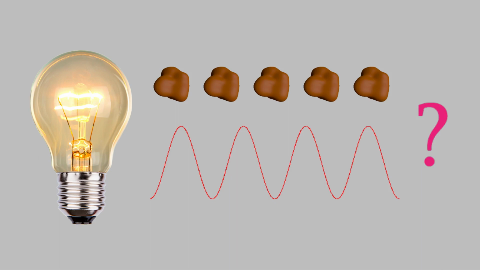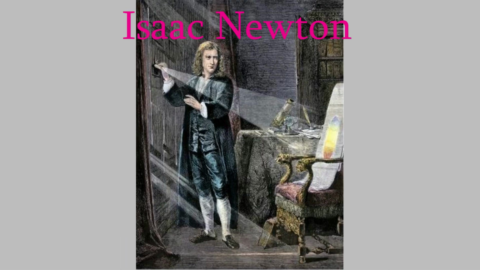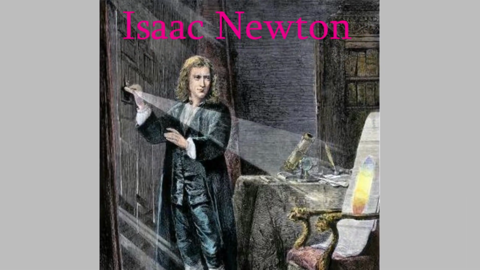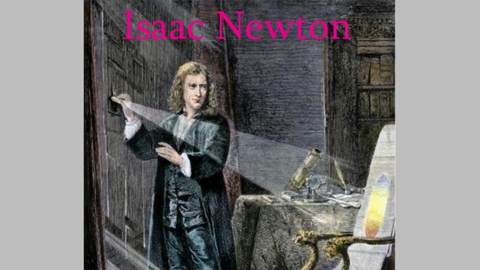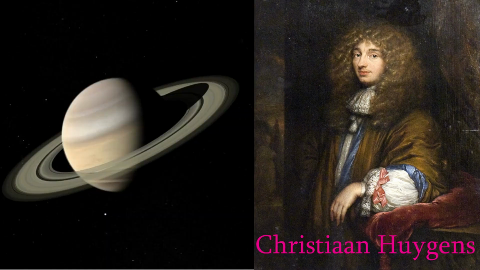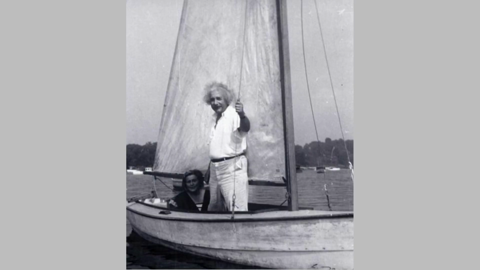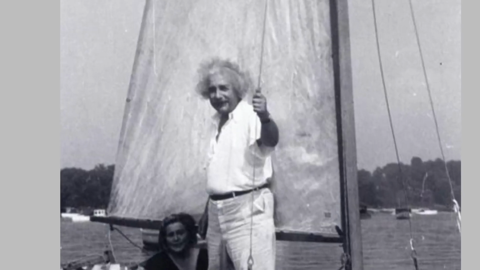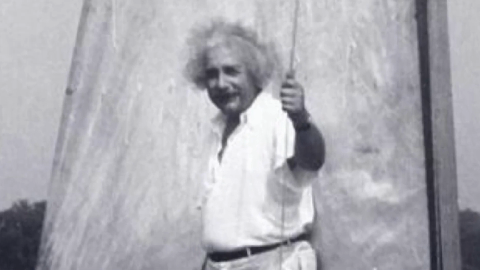This is a question that's bothered some of the greatest minds in all of science. Isaac Newton struggled with it, and eventually became convinced that light is made up of particles, which he called corpuscles. But about the same time, the astronomer Christian Huygens, who discovered the rings of Saturn, determined that light is a wave. Over 200 years later, some of the work of Einstein suggested that light is made up of particles again. He called them photons. In fact, that work was the primary research that led to Einstein receiving the Nobel Prize. It wasn't his theory of relativity, which came later.